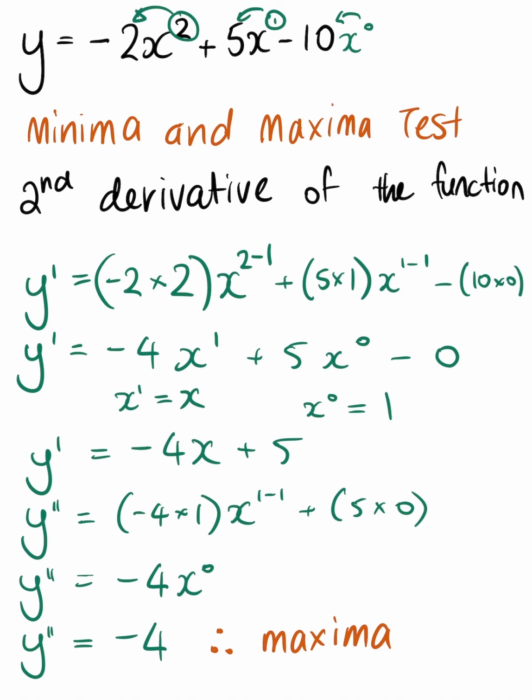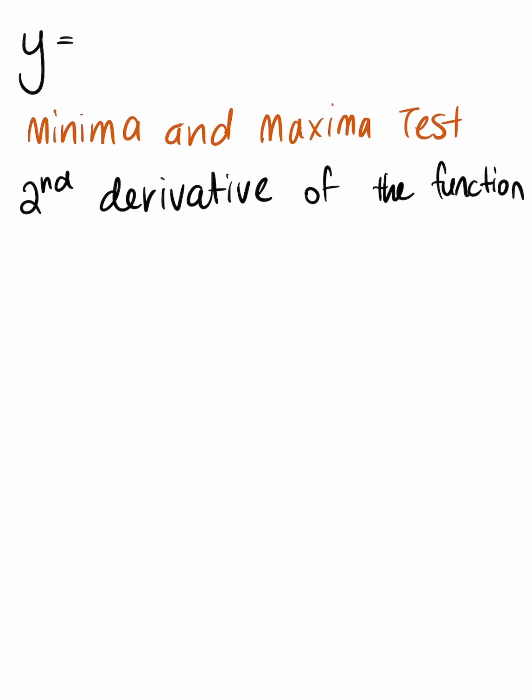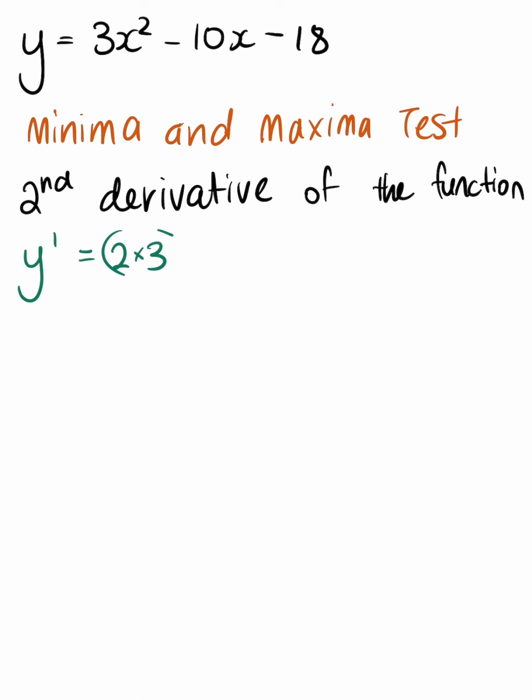Now dealing with a different function, let's say we have this function now, we have y equals 3x squared minus 10x minus 18. So using the power rule again, taking the 2 down, so it's going to be 2 times 3, x to the power of 2 minus 1, minus 10 times 1, x to the power of 1 minus 1, and then a negative 18 is a constant, so we just multiply that one by 0,